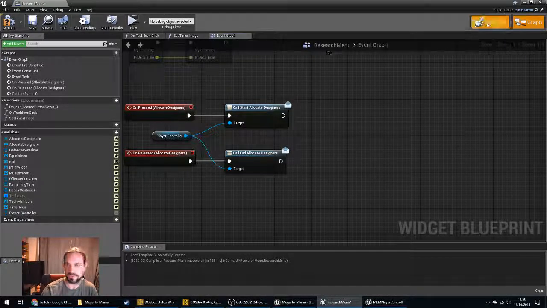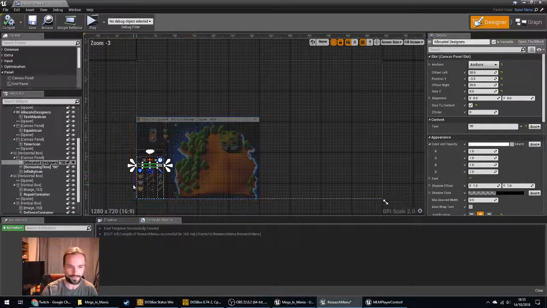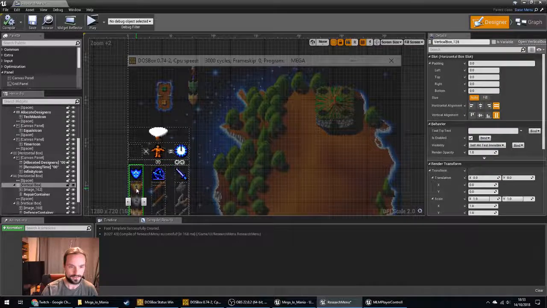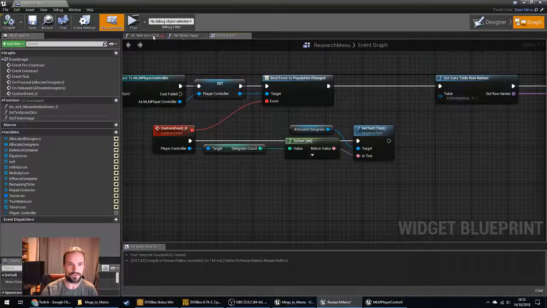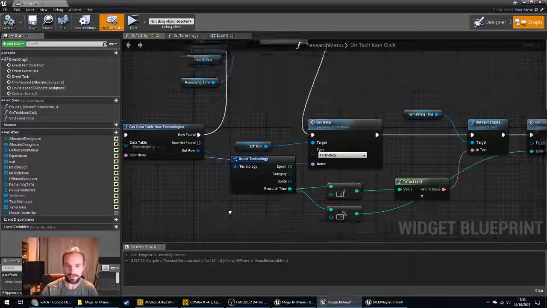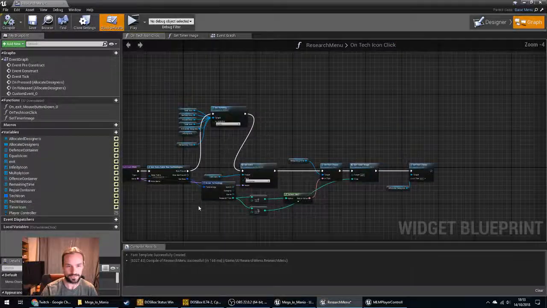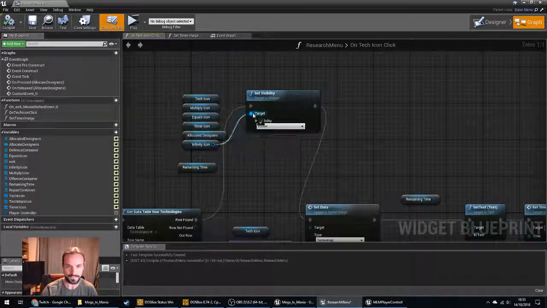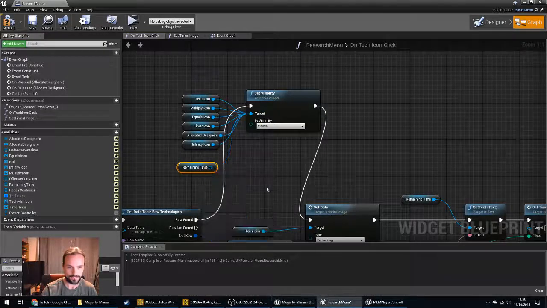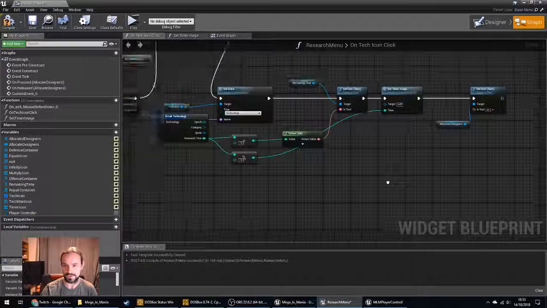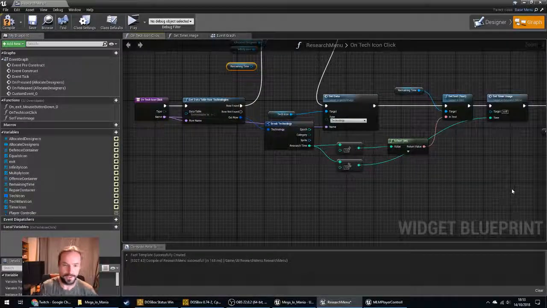When the user selects an event, selects a research over here, we need to know that they've clicked on that, and we need to do more than just on tech icon clicked, which is what we're doing now. Let's type the infinity item and break that. So this is what we do when the player clicks on a bit of research, and this is just kind of visually